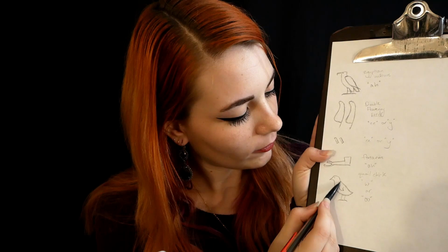So this is our quail chick. Quail chick with the W sound, or the oo sound right here. It's our little baby. So another way we could also represent this is in hieratic, which is a shorthand version of